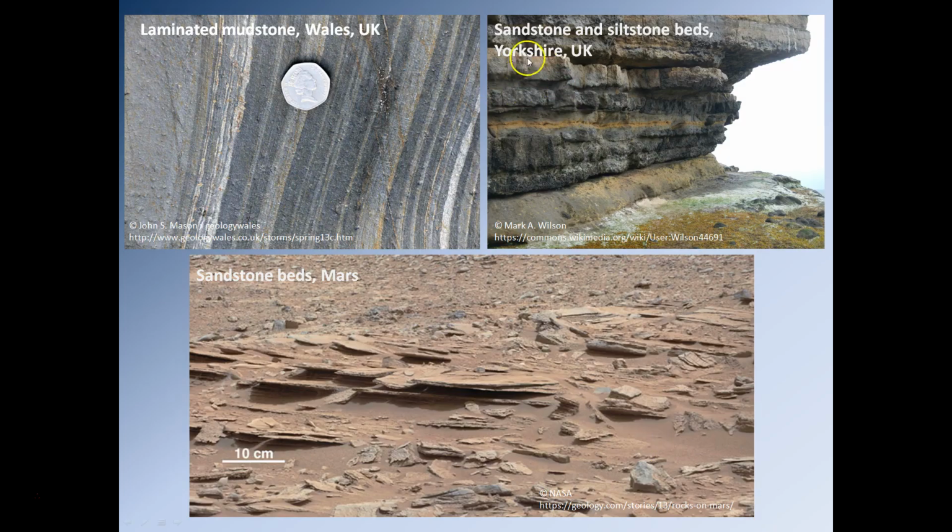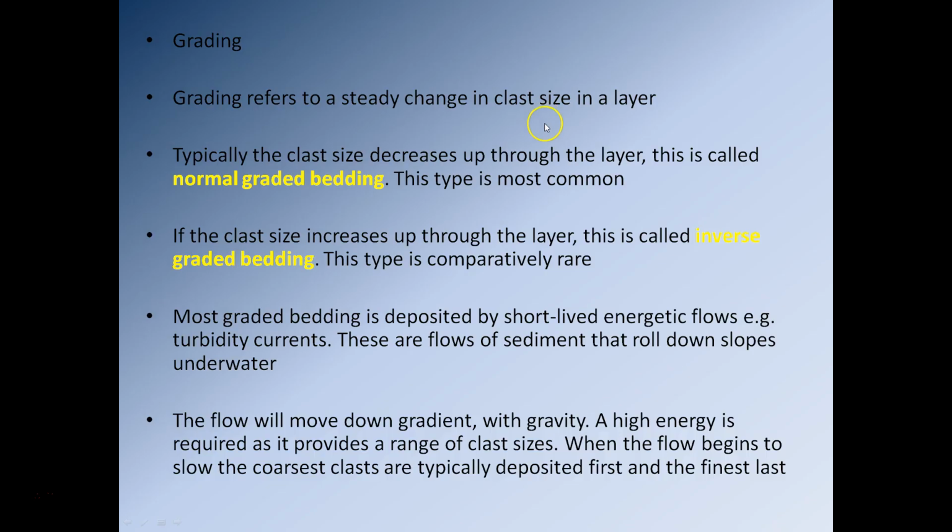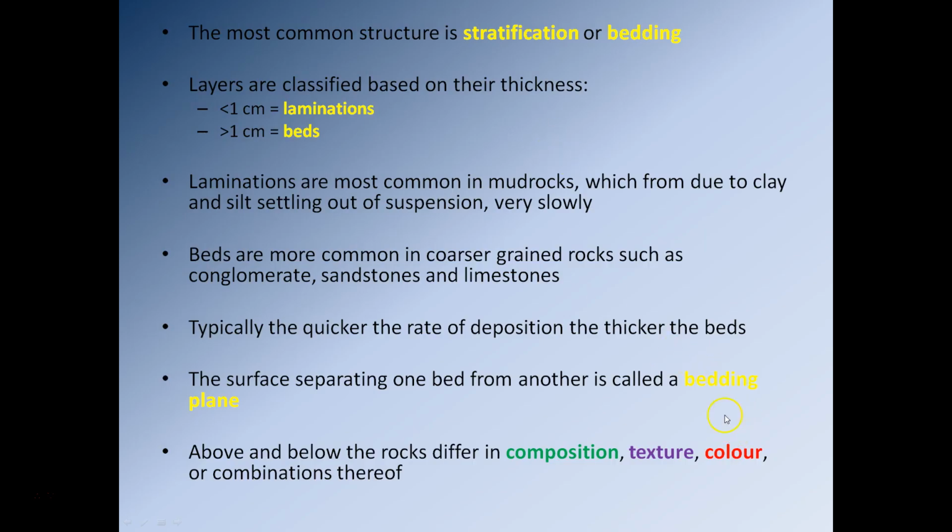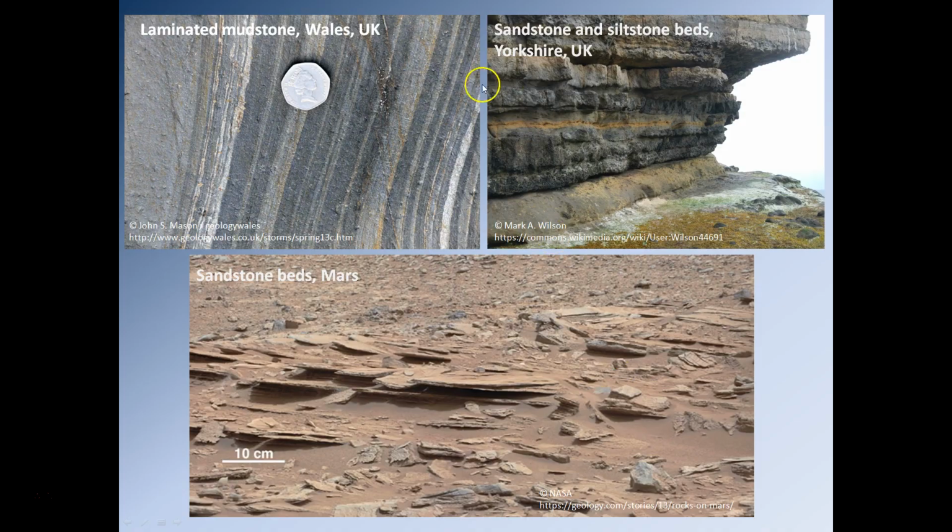Well, there might be textures in this sandstone here, for instance, like ripple marks, that would tell us maybe it formed on a beach. In contrast, these muds here might have textures that tell us that it formed slightly further out to sea. And then we'll have, obviously, colour. And colour is obviously a reflection of the minerals that make up a rock. So, this rock here, because it's made up of different minerals, is going to have a different colour to this